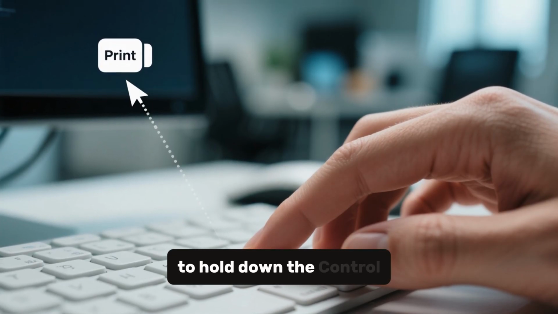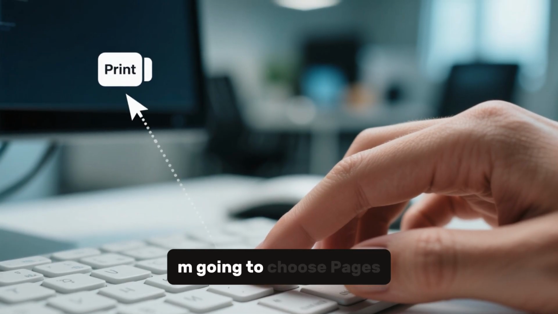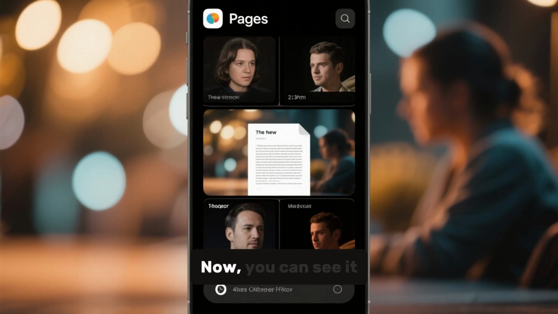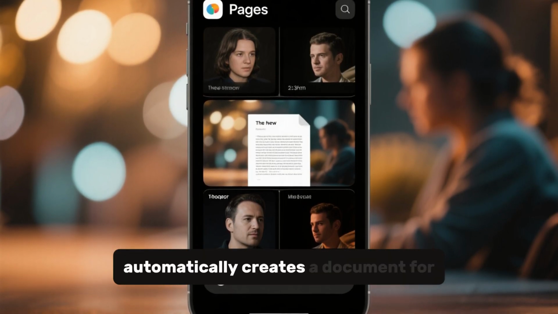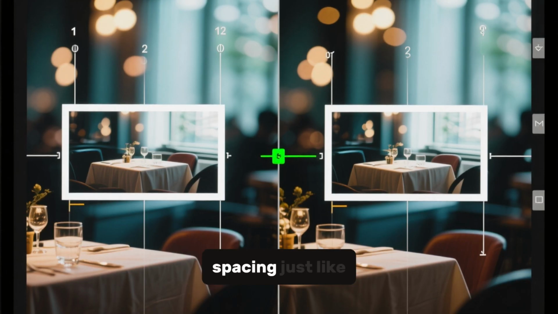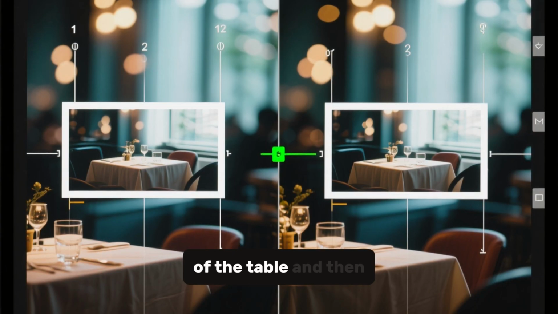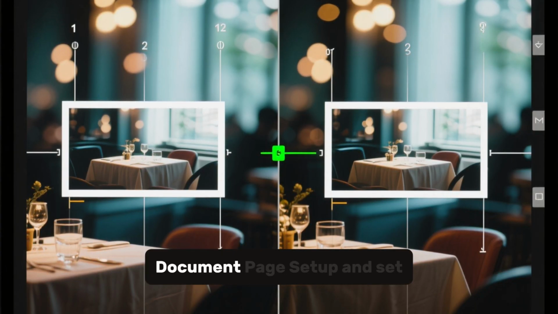So I'm going to hold down the Control key, and I'm going to click on Print, and then I'm going to choose Pages. Now, you can see it automatically creates a document for us with a 3:4 aspect ratio. And once again, we can take these photos and we can drag them into this table. And we can adjust the spacing, just like we did before. And then we can adjust the size of the table. And then we can go to Page setup,